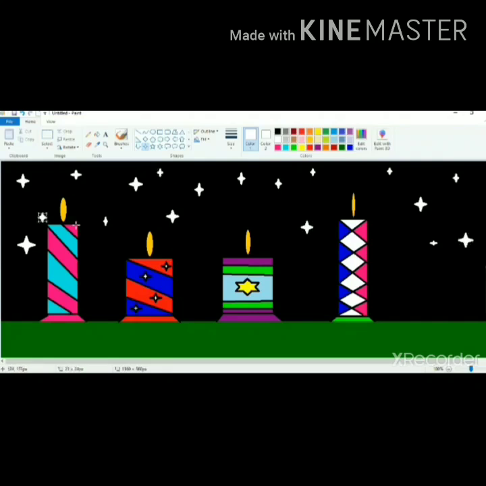You can make as many stars as you want by taking white color. Don't make a moon, as on Diwali it's a no moon day, so we are not going to make the moon. So our beautiful scene with candles is ready.